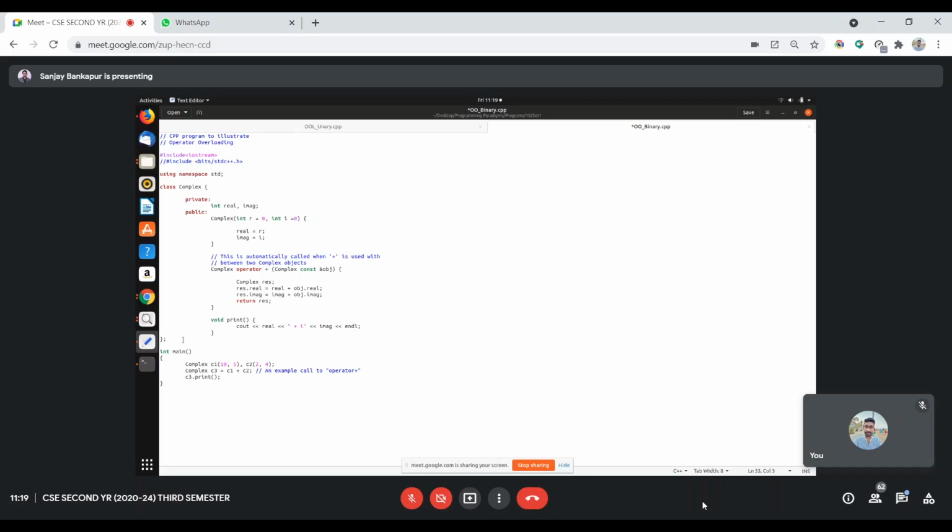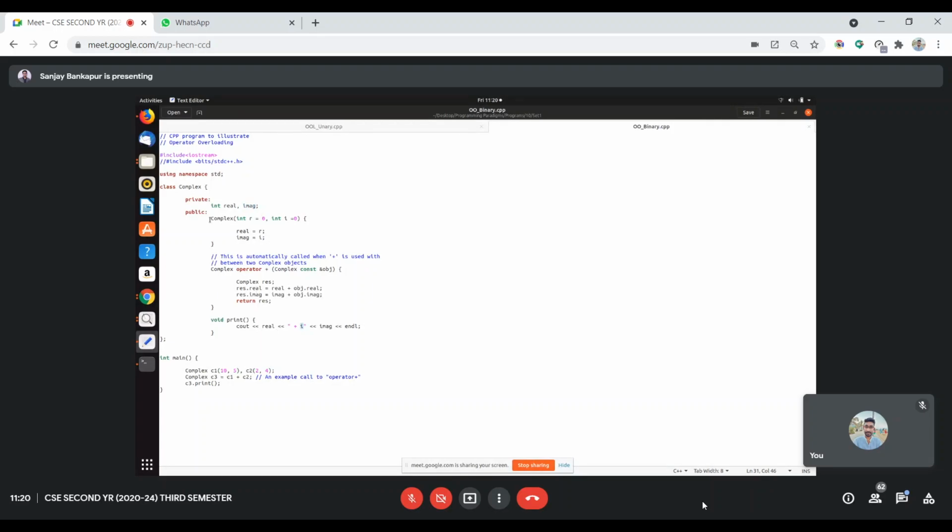Complex number, real part and imaginary part, like that, just to have a real world feel. So taken a complex object, I made it private. So these members can be accessed only through member functions. There are two integers, real and imaginary. Imaginary being a part of I, we will try to display it respectively using an I value here.